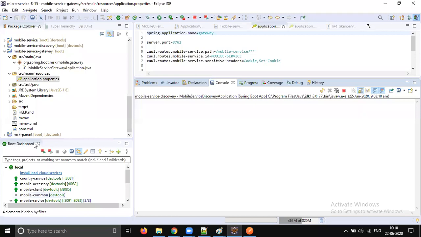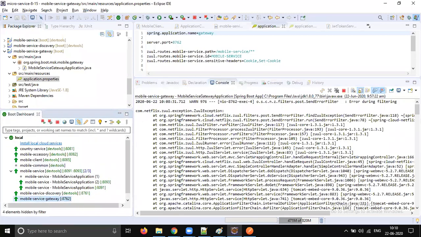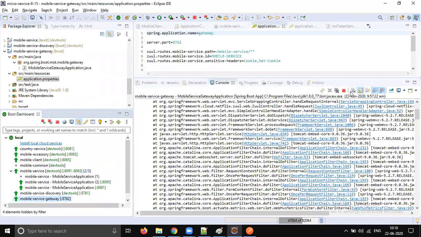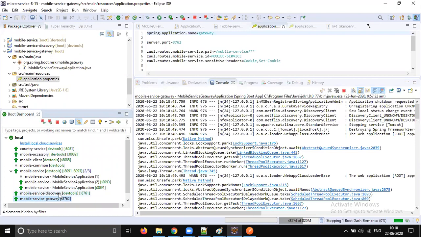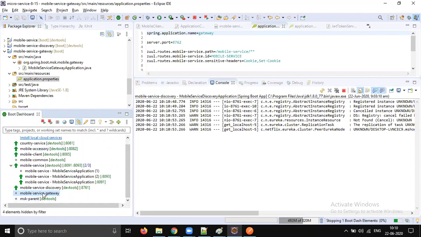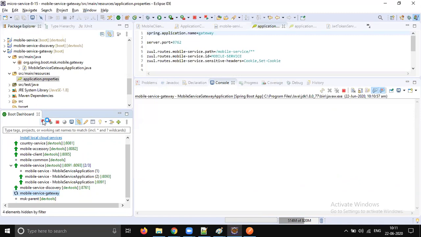Save it, and we need to restart our gateway. Let's stop it. It will be stopped. Now start it. Go to Eureka. You see that the name will be listed as gateway. Good.